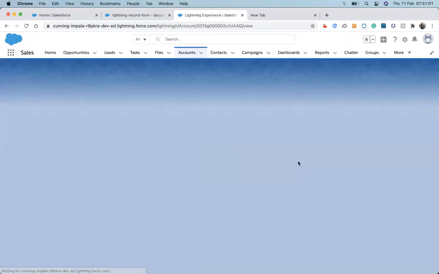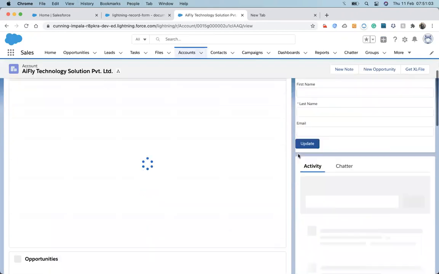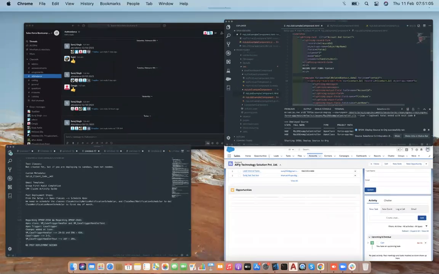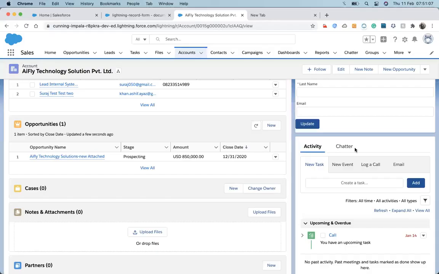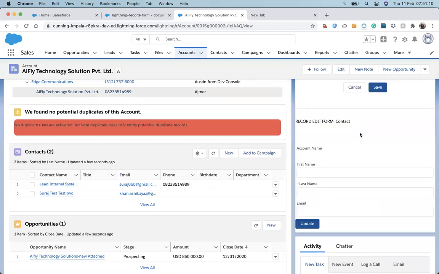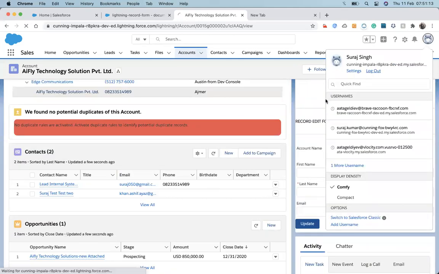No, it's not updated. Let's log out and log in.